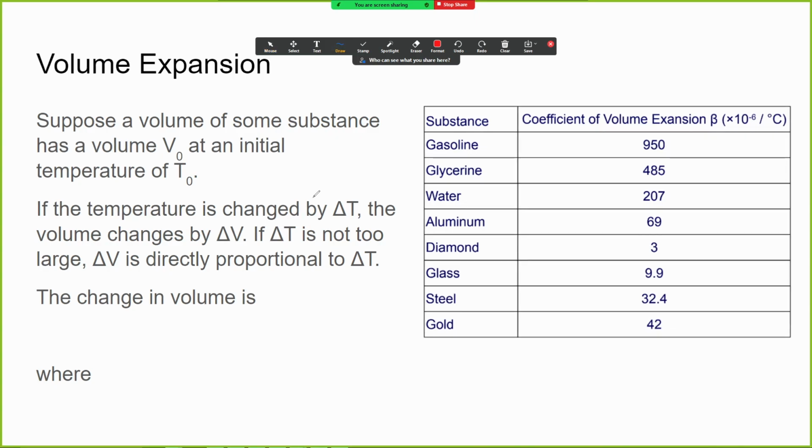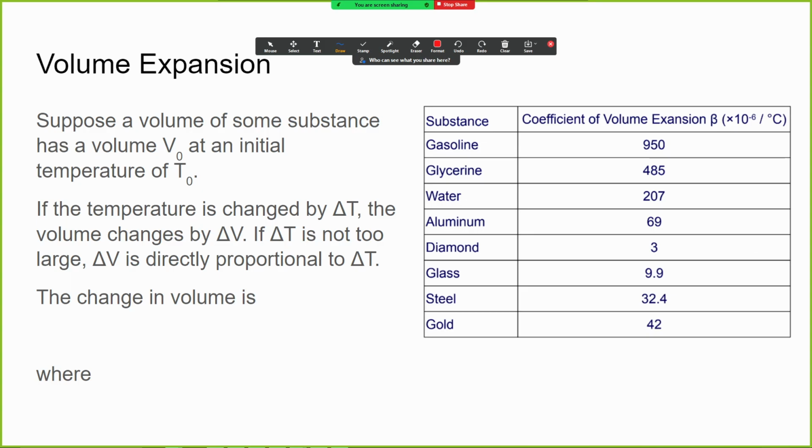The other kind of expansion that we could talk about is if we think about it in terms of volume, and a substance has initial volume V naught at an initial temperature of T naught. So if the temperature gets changed, once again increased in the case of expansion, the volume is also going to increase by a factor of delta V. And as long as delta T is not too large, delta V is going to be directly proportional to delta T. Once those temperature values get too large,